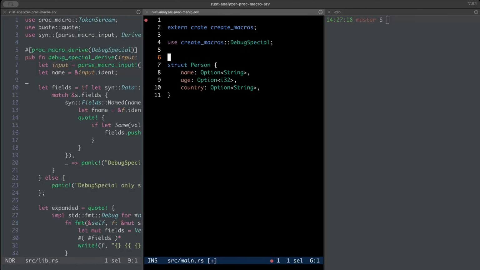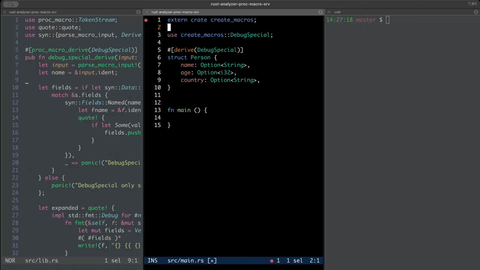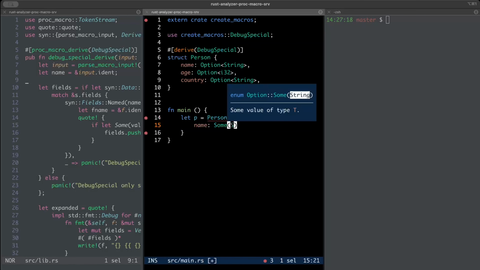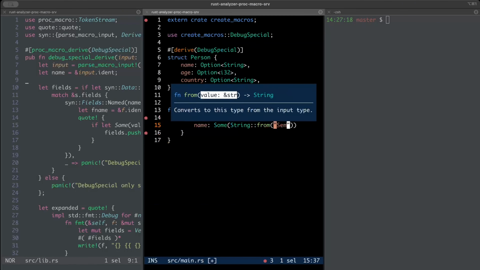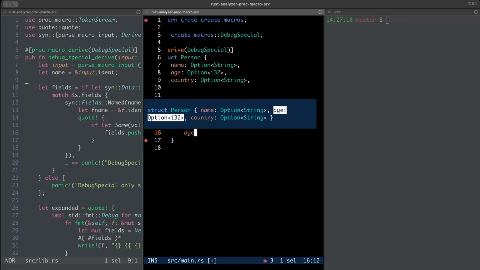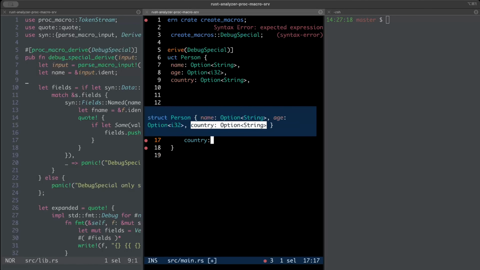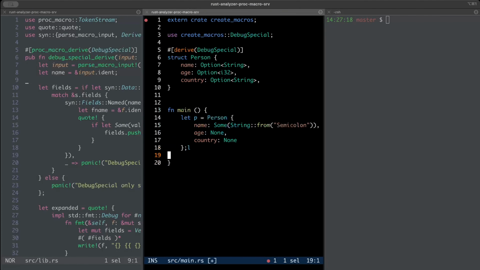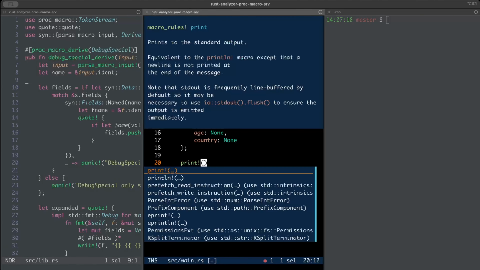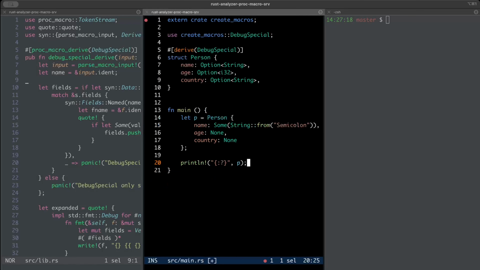And on top we add derive and our macro, which is Debug Special. Then we go all the way down and add our main, and right here we just say let p is equal to Person, name is String::from, and for now age is None and country is None as well. And then we just do print p, and